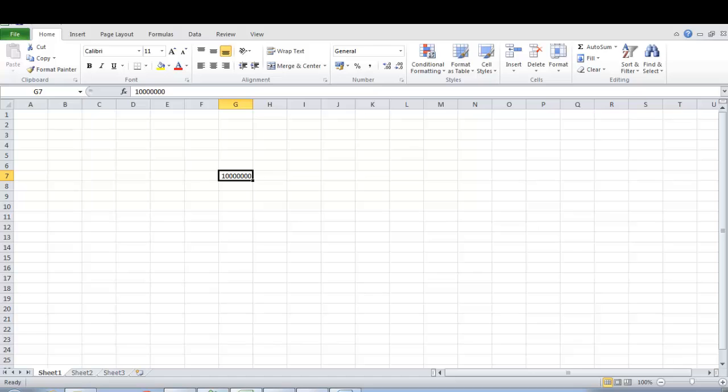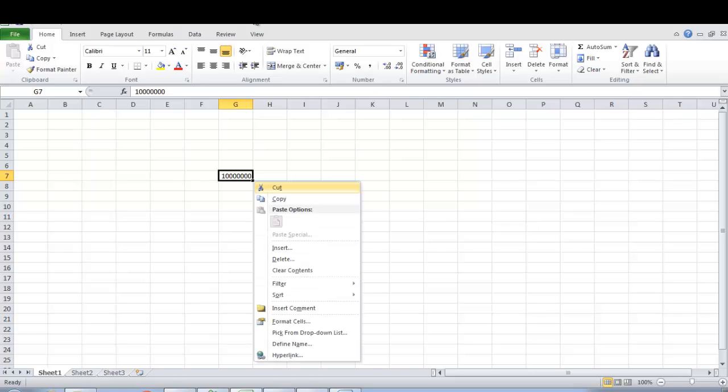Now mostly you will use the mouse when it comes to doing a right click, but the best part of Excel is that you can also use a right click button on the right hand side of the Windows button on the keyboard. There is a button between the Windows button and the Control button which you can press to get the right click menu. Over here there are different options, and this is the one which we need to press. But if you observe closely, even the titles that you're finding over here have different shortcuts. The shortcuts include a capital letter with an underline, and over here you will see Format Cells has another shortcut